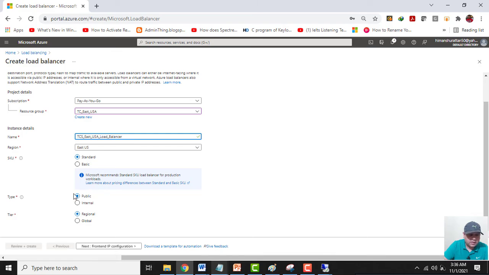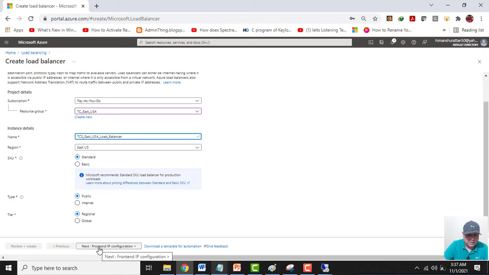Now whenever this load balancer is created, it will have a public IP address, so I will be accessing the public IP address of this load balancer, and in the backend it will be connected with web server 1 and web server 2. Whenever a user requests the web pages, they will not access the IP addresses of the web servers directly, rather they will access this public IP address, and in return it will retrieve the pages one by one from web server 1 and web server 2 by connecting with their private IP addresses, that are in this series of 10.